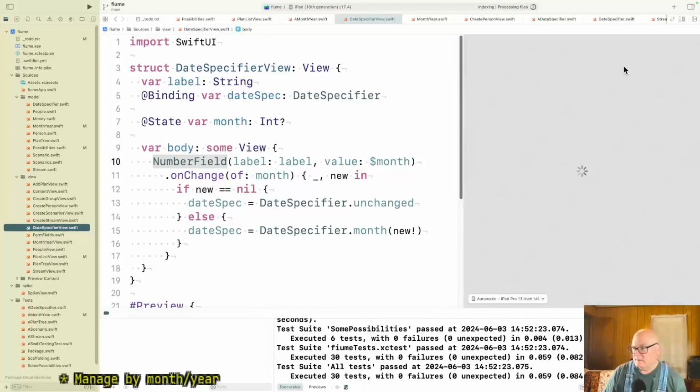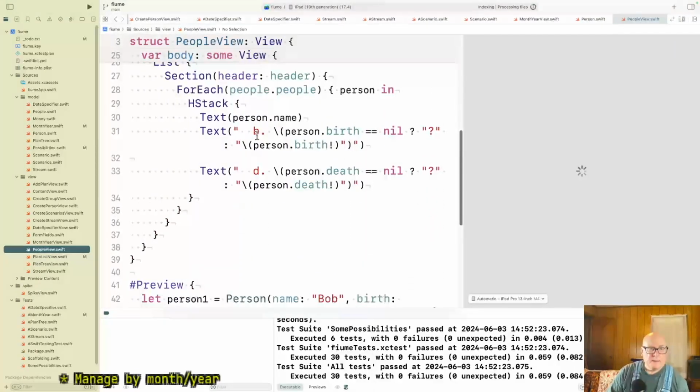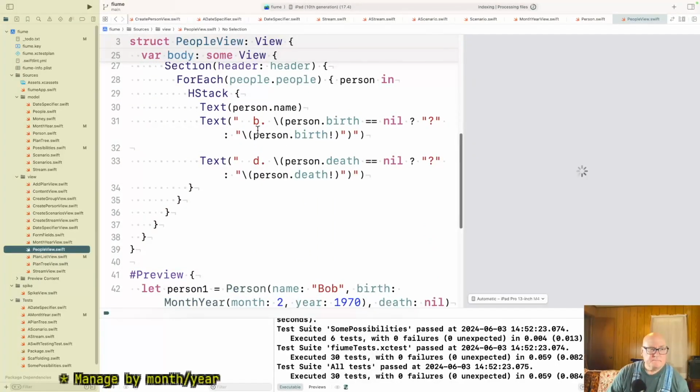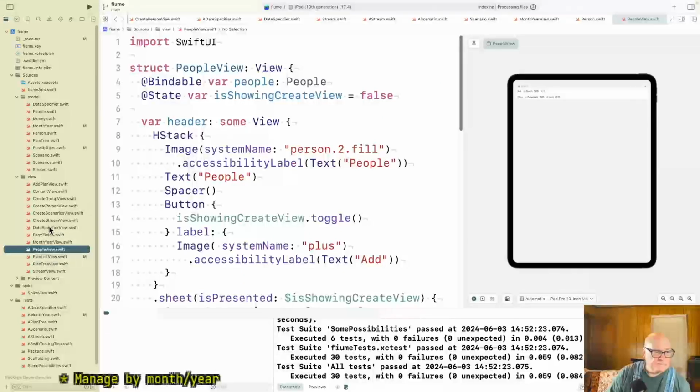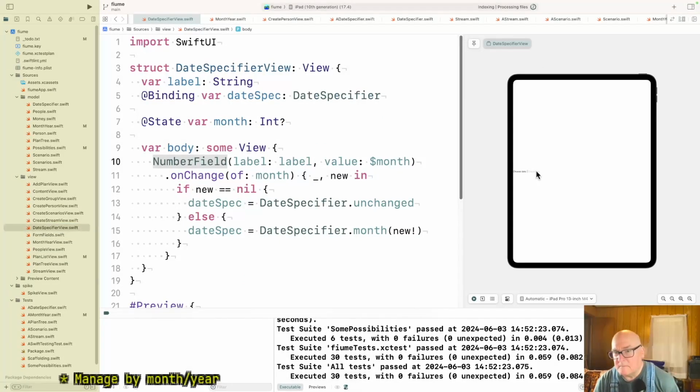Date specifier view. What else we got? Whoa.